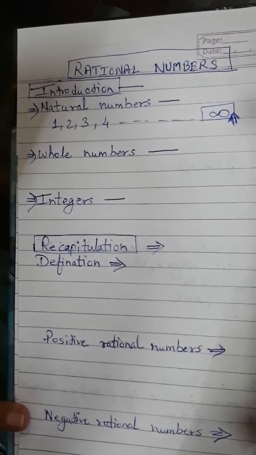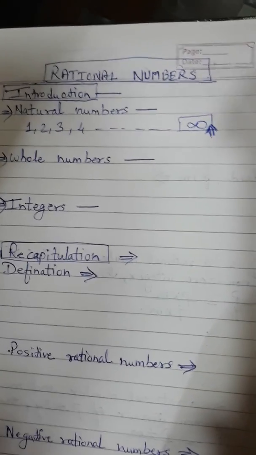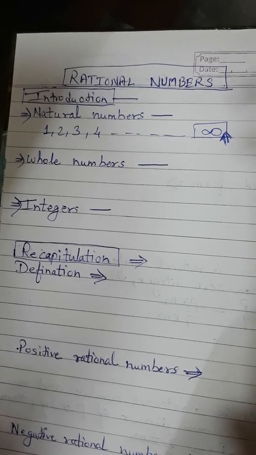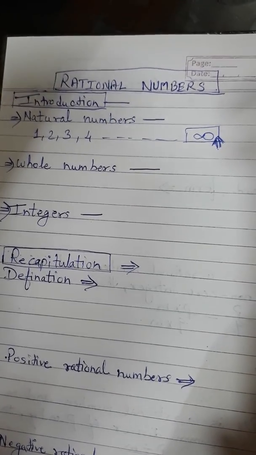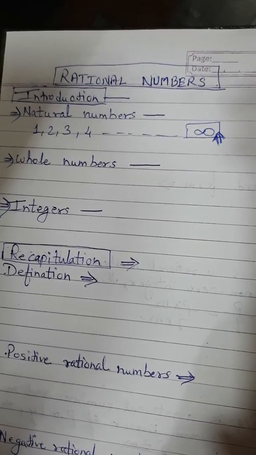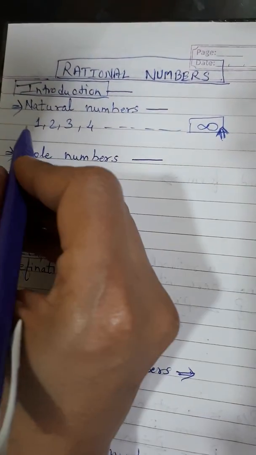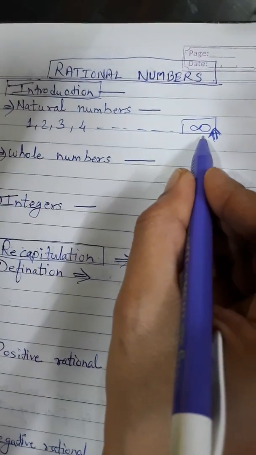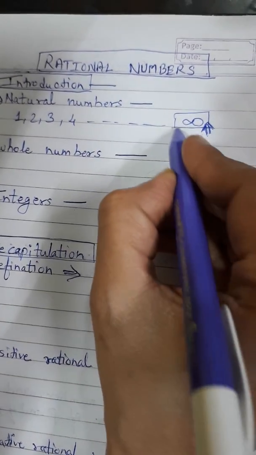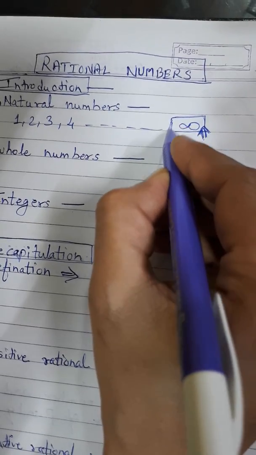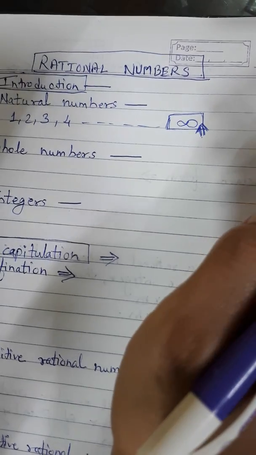Hello students. So today we will learn about rational numbers. In class 7th you already know some numbers definitions like natural numbers. The numbers which we are using in our daily life are natural numbers like 1, 2, 3, 4 till infinity. Infinity is what we represent for the numbers which we cannot count,